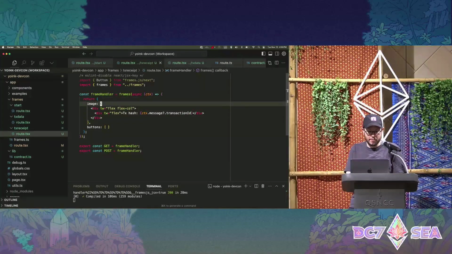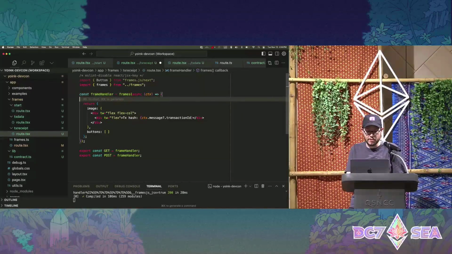And while we're at it, why don't we add like a Basescan link in here as well? So we'll define Explorer URL.